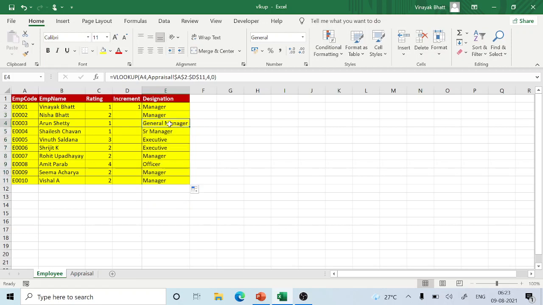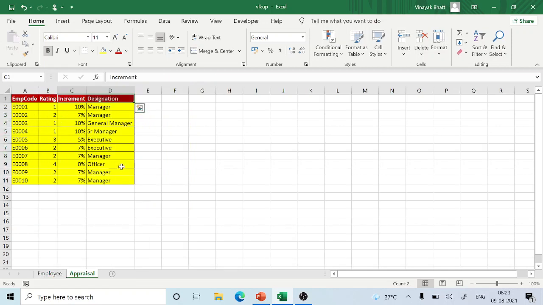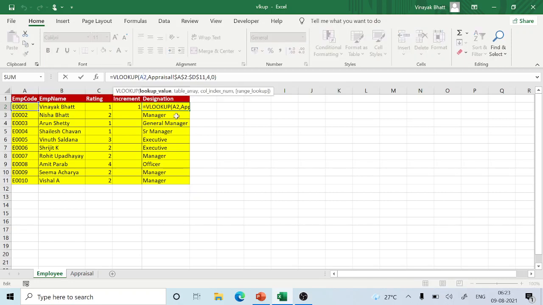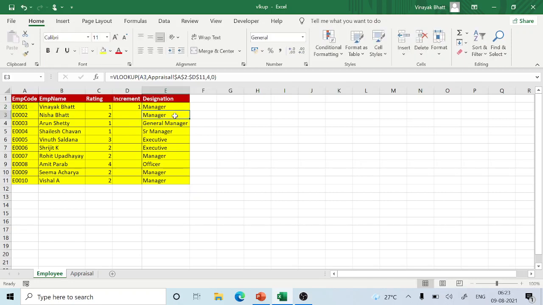See here, because my data is in this range. As you can see here, I have not put a dollar sign on the row here, so whenever I move to the next cell, it is changing the value 3, 4, 5, 6, 7.